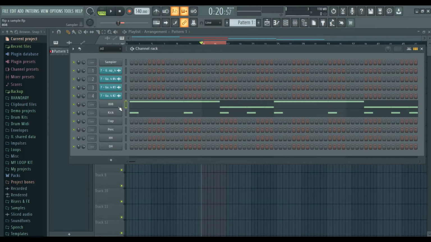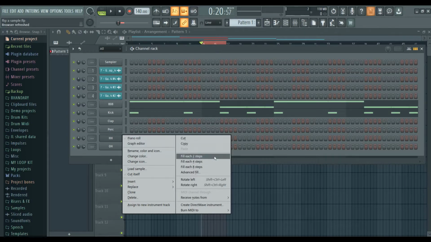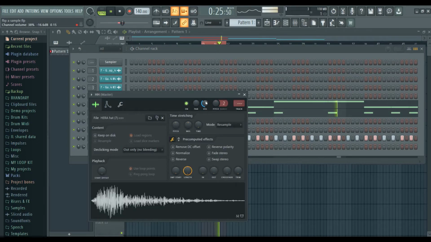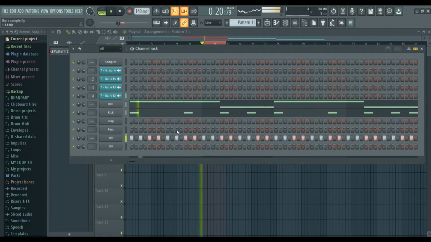Okay, now I'll click on the hi-hat and select fill each 2 steps and decrease the volume. Now I'll add the clap. And then the perc.